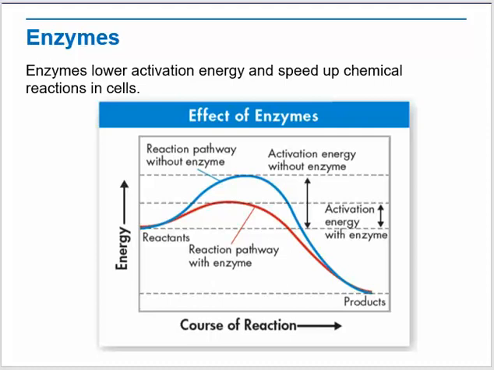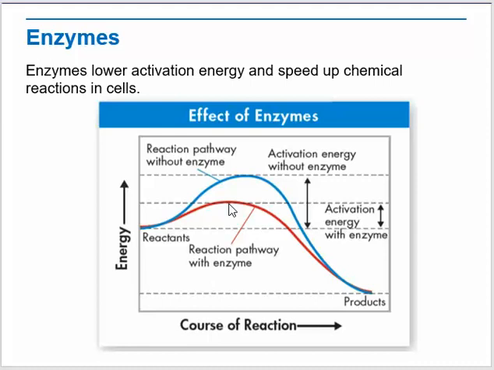So what we're doing here is we're looking at chemical reactions and their activation energy. All chemical reactions require some activation energy, and that is what these peaks are on this blue line and on this red line. That's the activation energy required. What they're trying to show us here is that there is one chemical reaction that would require this much activation energy to occur without the help of an enzyme, whereas this same reaction with the help of an enzyme would only require